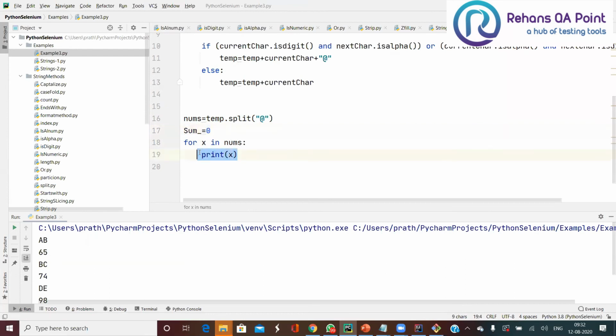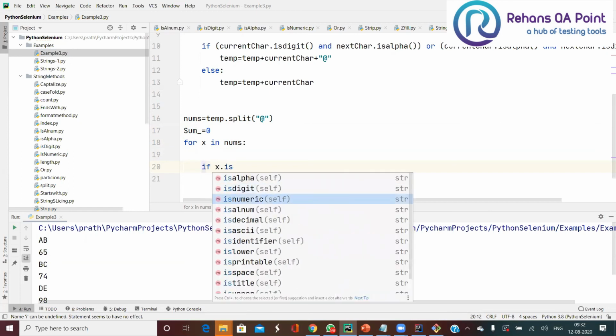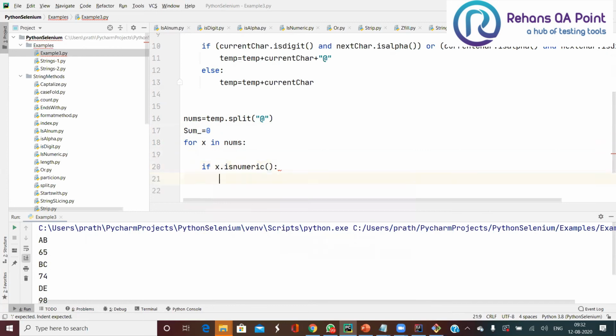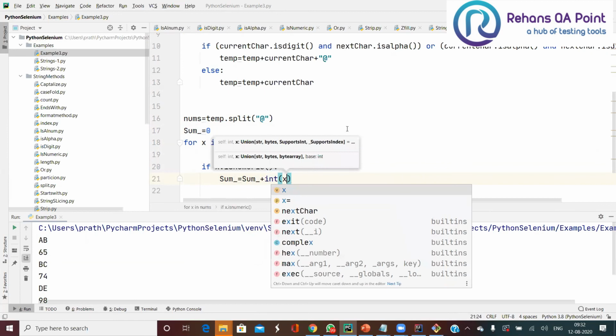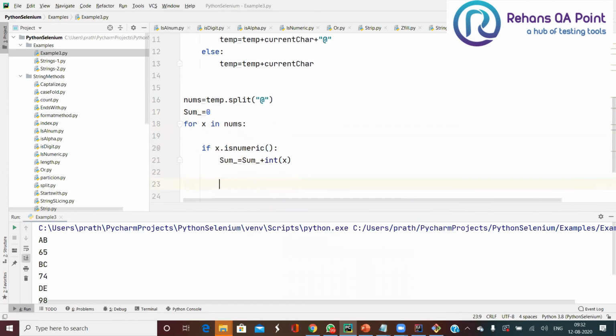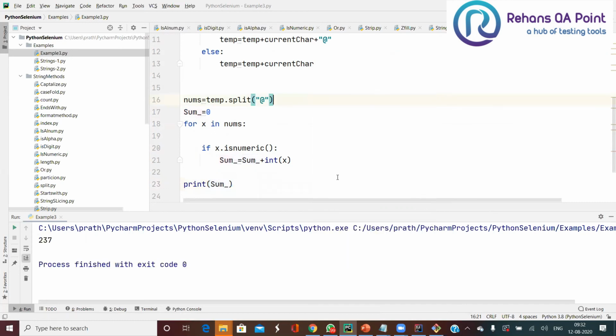Now I'll write an if condition: if x dot isnumeric, let it be numeric, then sum underscore equals sum underscore plus int of x. Now I'll be getting the total sum. Then print of sum underscore. Run this. 237.